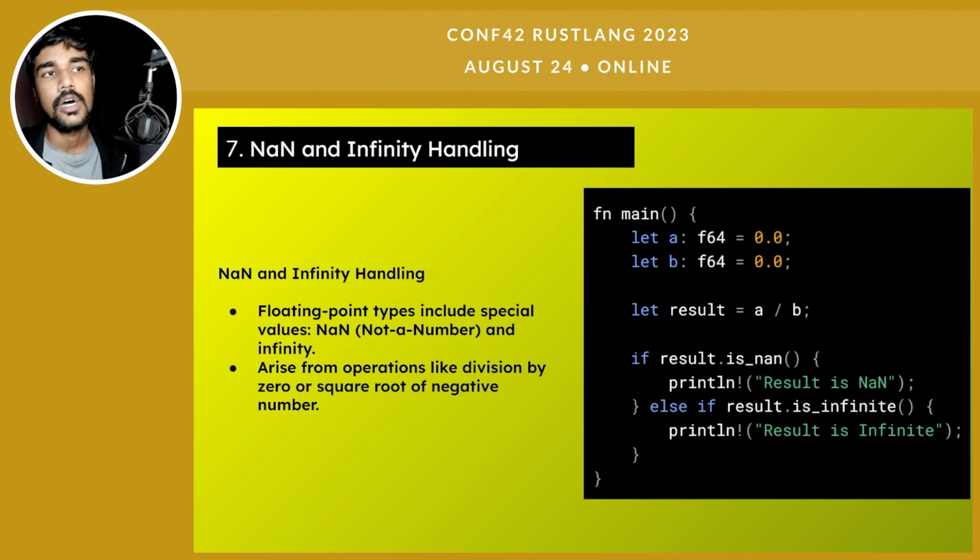So you get certain methods, like the not-a-number method, which tells you whether it's a number or not. If that's true, then the result is NaN, and if it's infinite, you can check for that condition as well. So these two methods are given to you so that you can check if certain parts of your calculation might throw an undesirable condition, and you don't want to write your own technique for testing it directly. So you have these inbuilt methods to test it for you as a safety check.